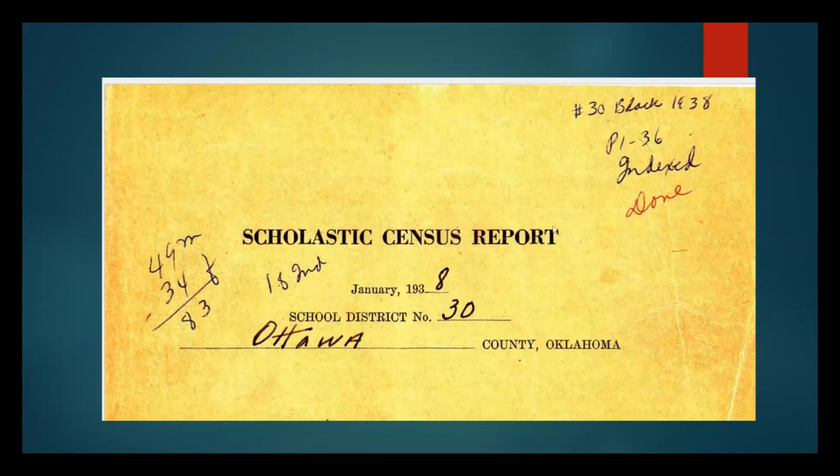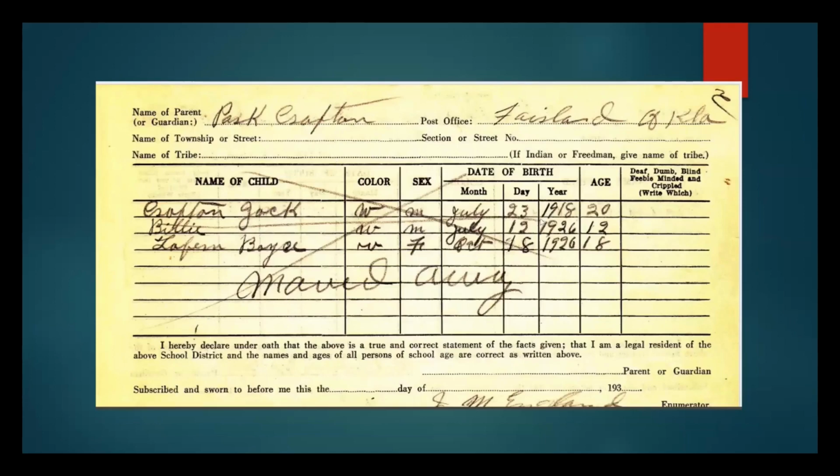This is a school census record that you can find in those land records. I love this one because this is my great grandfather, Park Crafton, and these are his children living in the household of school age. This doesn't mean they were attending school. It just means they were of school age, but it says they moved away. So I know a really short time frame of when he moved from that record right there. So sometimes the canceled stuff is more helpful than the other stuff not canceled.